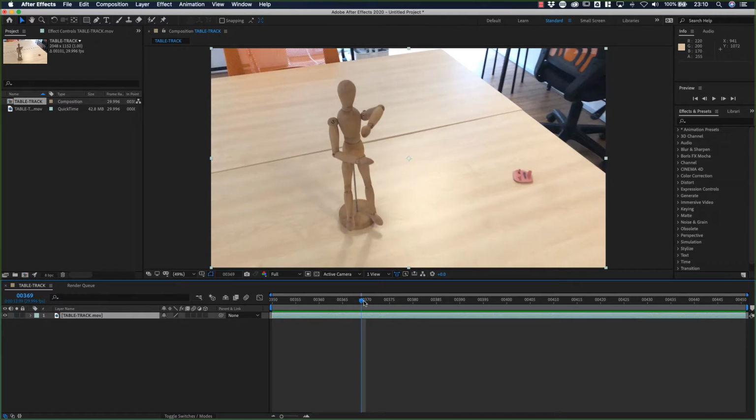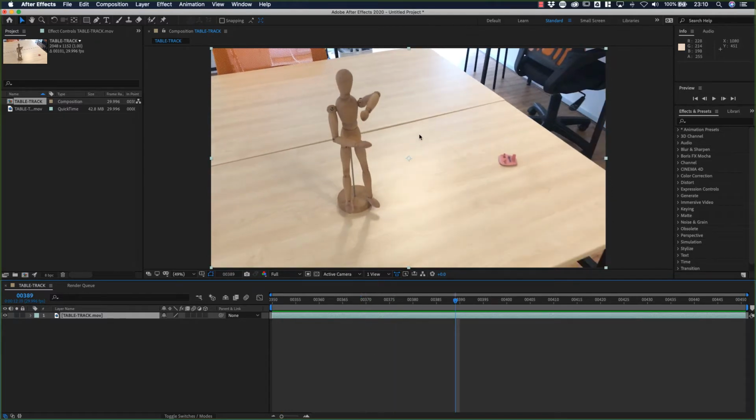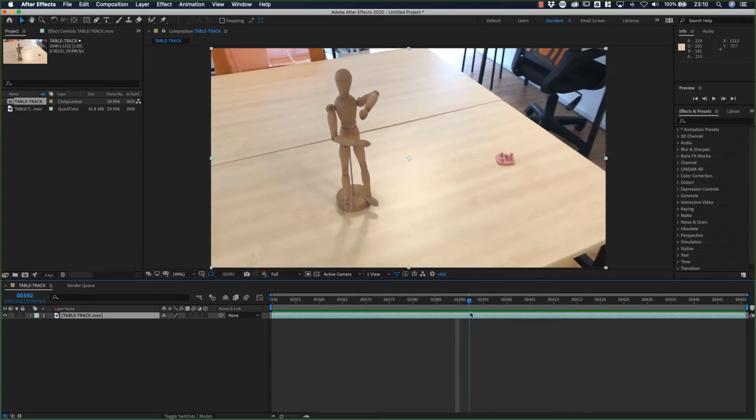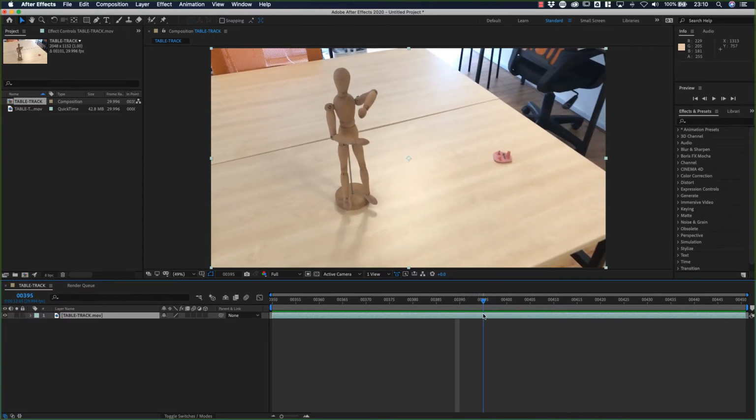I'm going to stop that. Right about there, that's where we're going to put our CG object. Okay, so I'm going to put somewhere in the middle here and start tracking this footage. So to track the footage, but just before that, I want to make sure that we organize our composition or